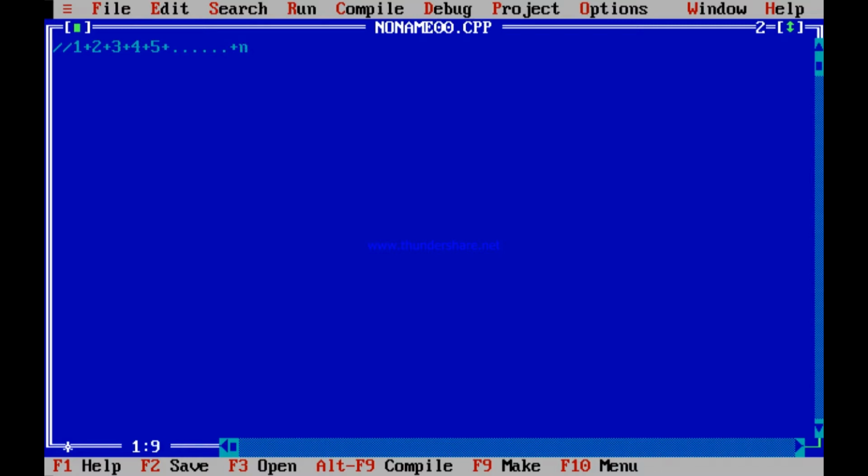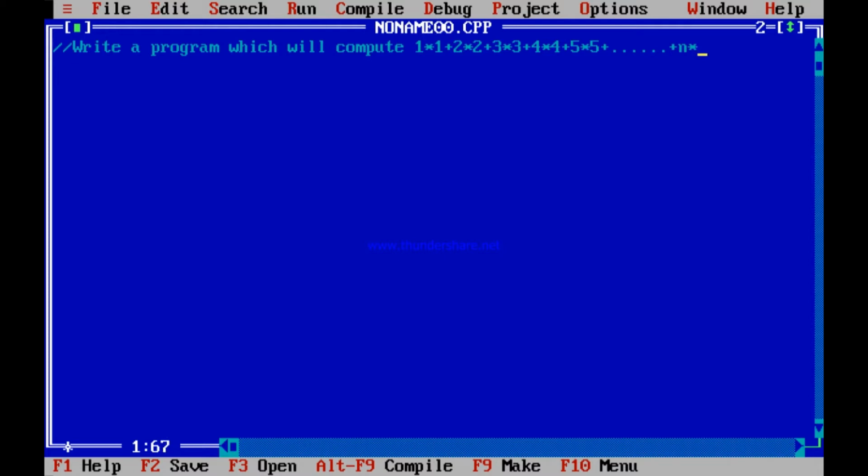This time can we change the program and maybe write a program which will compute 1 square plus 2 square plus 3 square, that is 1 square means 1 into 1, 2 square is 2 into 2, 3 square that is 3 into 3, 4 square 4 into 4, and plus 5 square maybe 5 into 5, and so on up to n square.